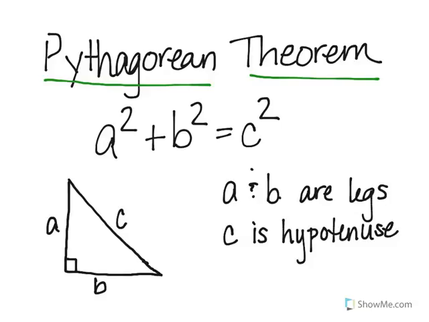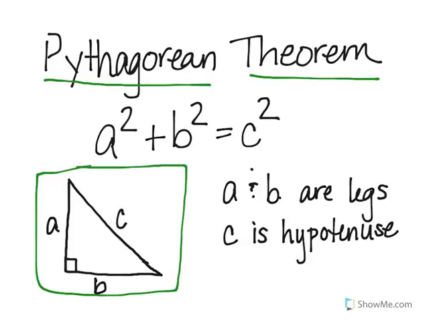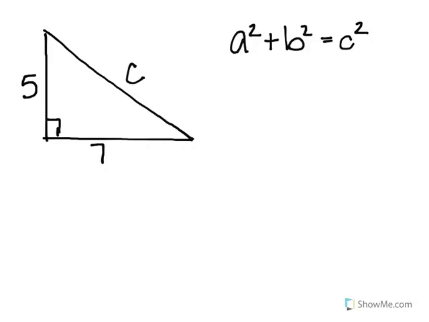And if we look at a picture of a triangle, A and B are the two sides that make up the right angle, and C is the side opposite of the right angle. We have specific names for A and B. A and B are called the legs. C is the hypotenuse, so the side opposite of the right angle. We can use the Pythagorean theorem to find the hypotenuse of a triangle. We can also use it to find a leg of a triangle,